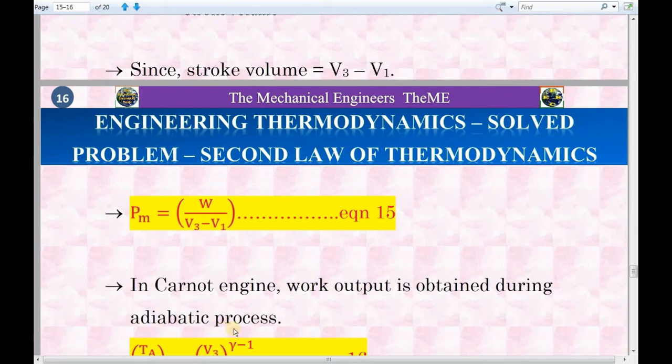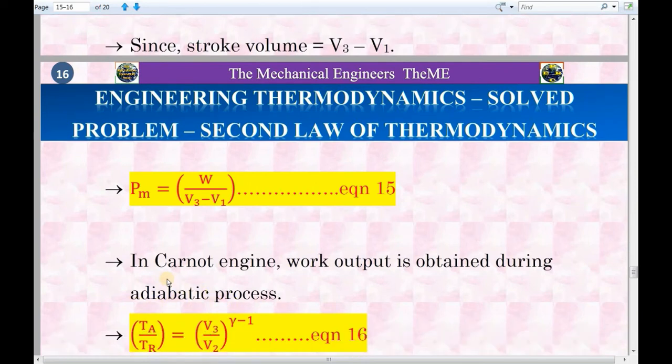Why do we have to use the formula of the adiabatic process? Because the process carried out inside the Carnot engine is an adiabatic process. To be precise, the 95.05 kilojoule of heat entering the Carnot engine will not be increased or decreased by the surrounding atmosphere. There will be no heat transfer between the Carnot engine and the surrounding atmosphere. The 95.05 kilojoule of heat will be utilized for producing work output, and a certain amount of heat will be rejected to the sink.